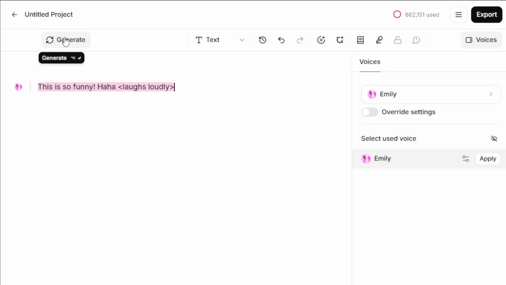That's all there is to it. With these straightforward steps, you can quickly and easily add laughter to your text-to-speech projects in ElevenLabs. Not only does this improve the overall quality and enjoyment of your content, but it also ensures a memorable experience for your listeners. Happy creating, and may the sound of laughter enrich